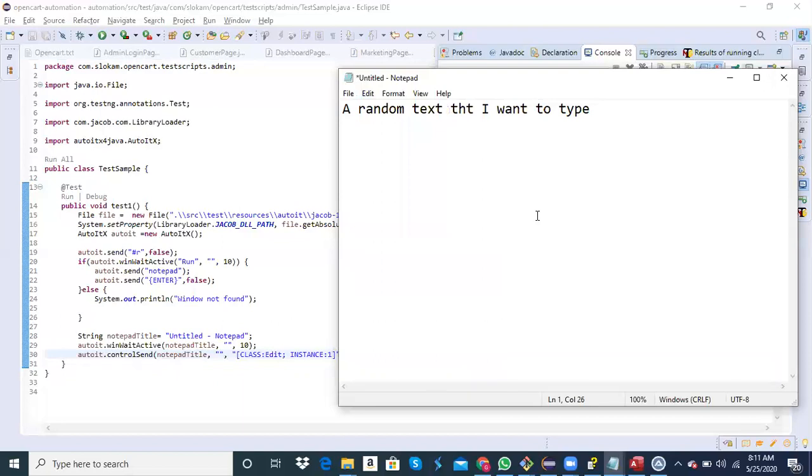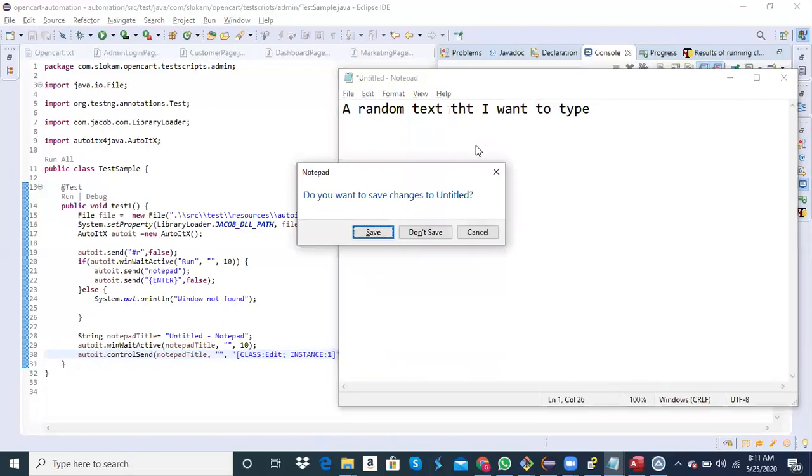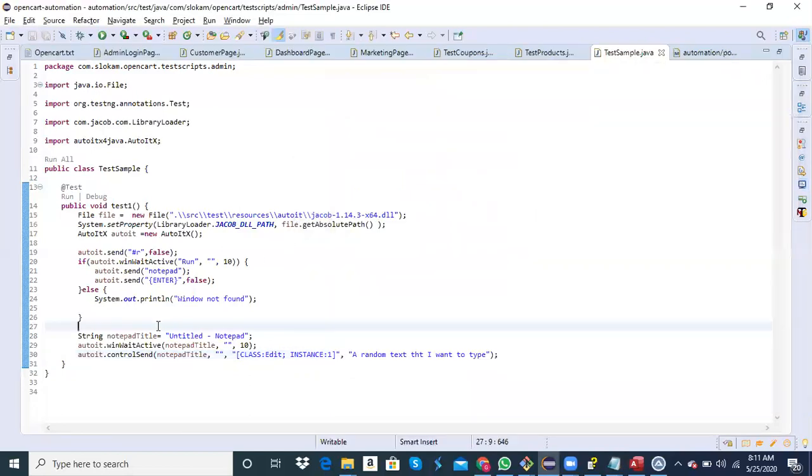So when I say Alt F4, you'll get this window, an alert window or pop-up, where you can click on don't save. So how do you type that?